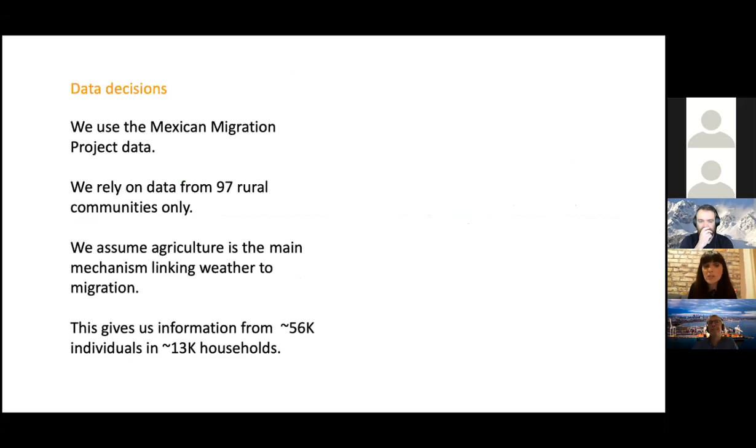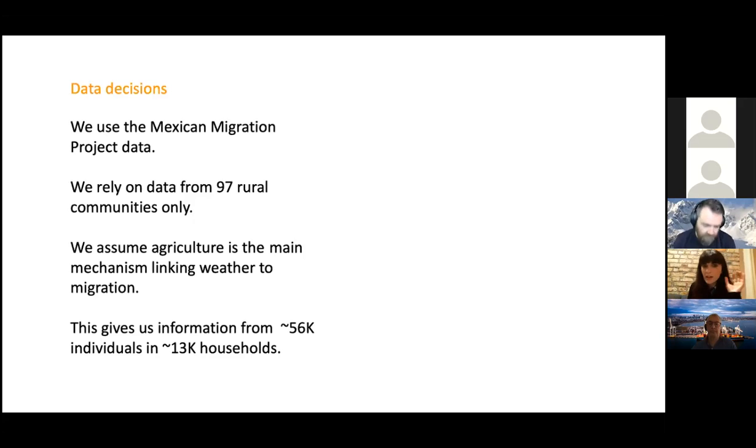Now, again, we're using the Mexican Migration Project, but we're not using the entire data set. Here we're really interested in understanding the mechanisms underlying these relationships, so this is not data driven by any means. We're focusing on rural communities where agricultural production is the main source of livelihood. We also have administrative data at the municipality level on which crops were produced in each community, but that data turned out to be a nightmare. So we're not using that yet, but we have it, and potentially in the future we can use it.